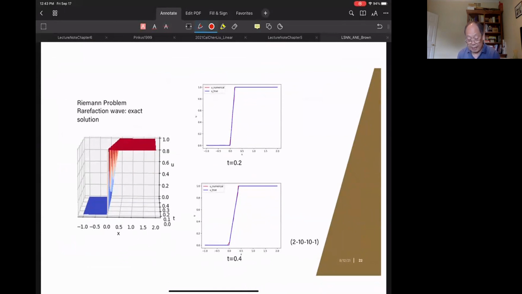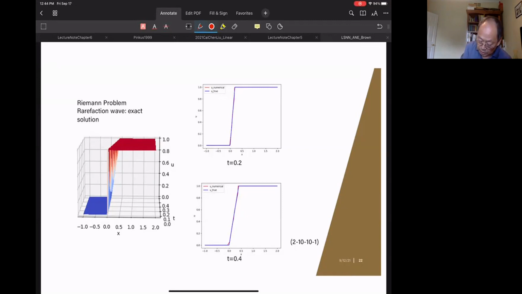So again, as you see, this is a problem it does extremely well on. This is actually a very interesting problem. My field was not hyperbolic conservation law, even though for 20 years, I have always liked working on this problem because in my view, from a physical point of view, hyperbolic scalar conservation law actually is simpler than the Navier-Stokes equations, because the hyperbolic conservation law is a first order approximation and the Navier-Stokes equation is a second order approximation.